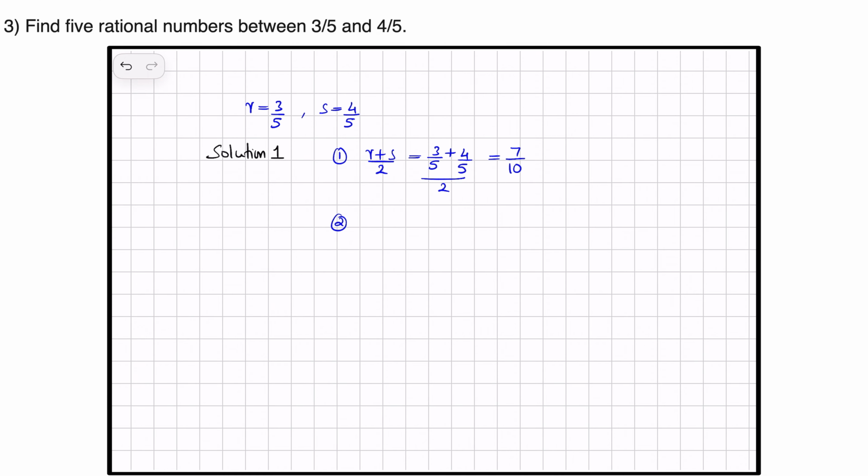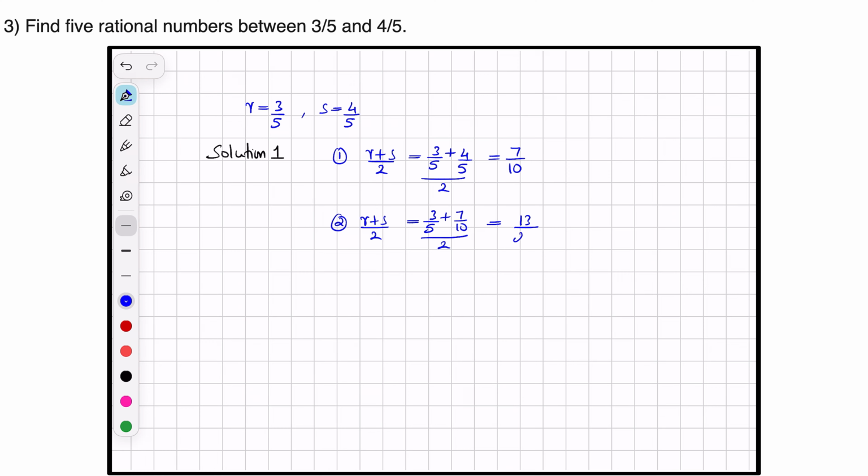Second number, I can keep the same r, and for the s I will use this. So (r plus s) by 2, the new s is 7 by 10, that is (3 by 5 plus 7 by 10) by 2, and if you calculate, you will get